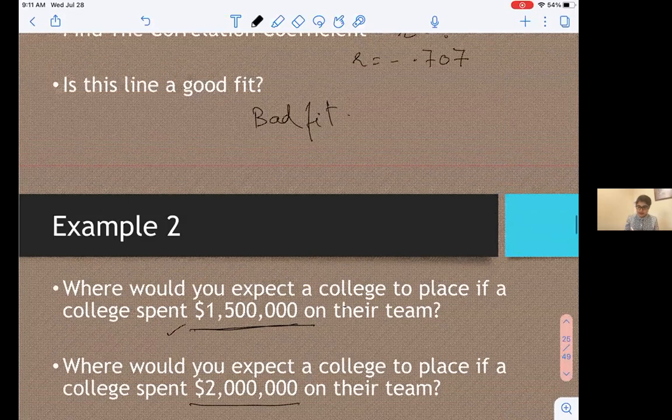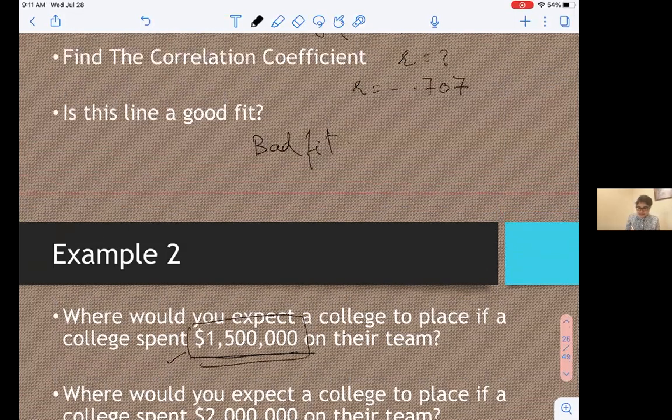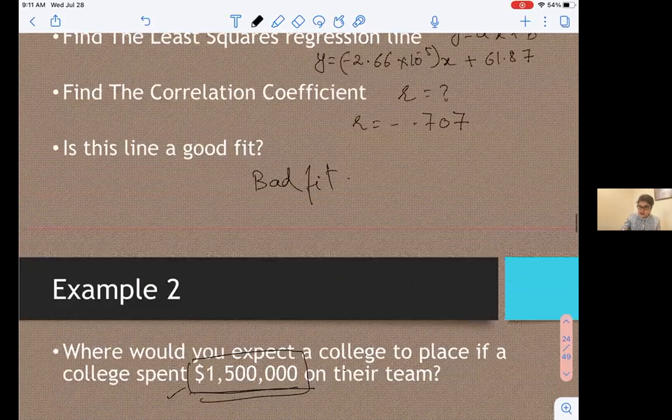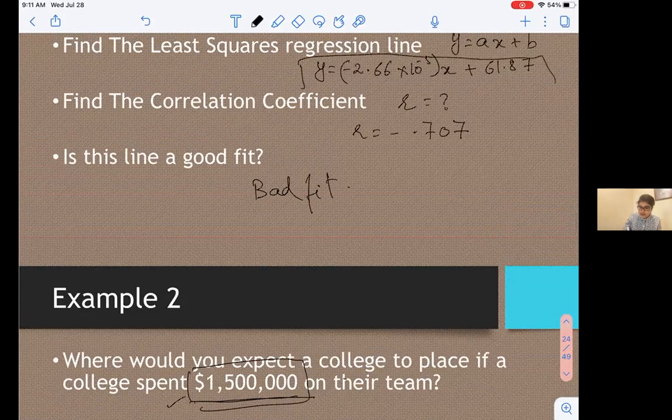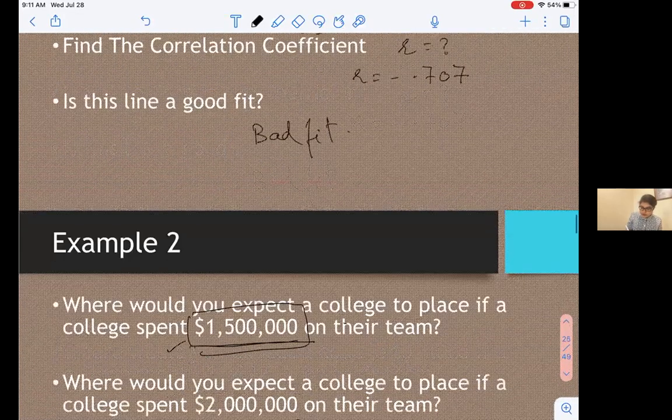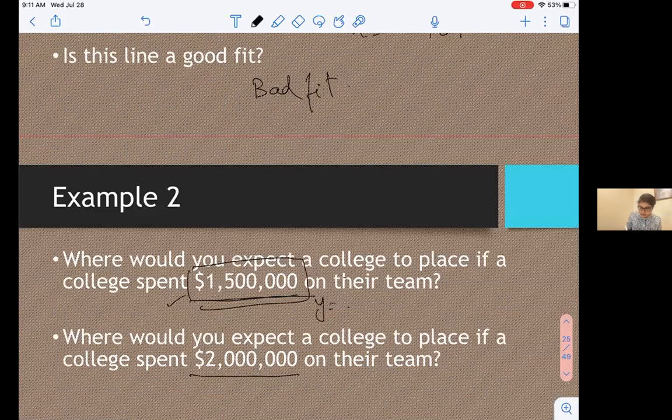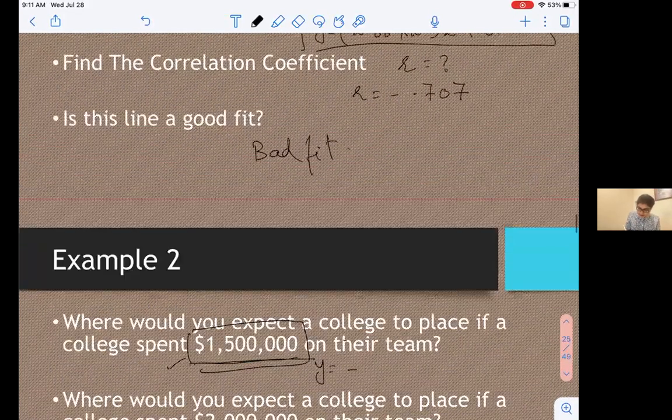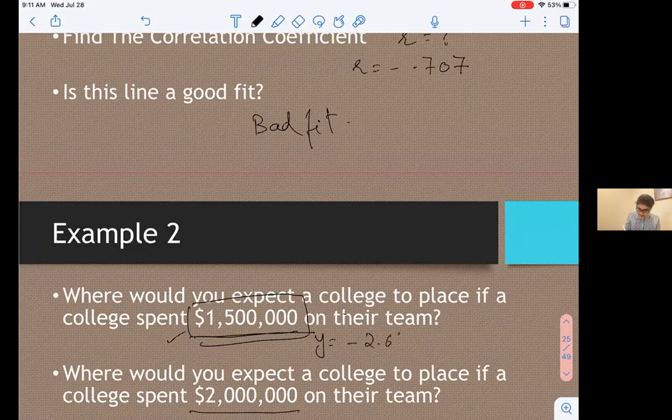That is how you can do it: this is your x value, put this x value in your least square regression line. So what you will do, y equals minus 2.66 times 10 raised to power minus 5, and x is 1,500 in 1000,